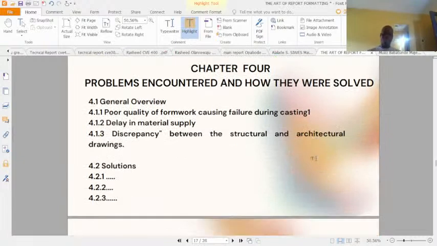Now chapter 4, just the same as chapter 3. The only difference is the name, 4, and what you're going to write there: problems encountered and how they were solved. For example, in the general overview, just give us a little introduction to the problems encountered and how they were solved. Then go to 4.1.1, or 4.2, and give us an idea of the problem that was encountered